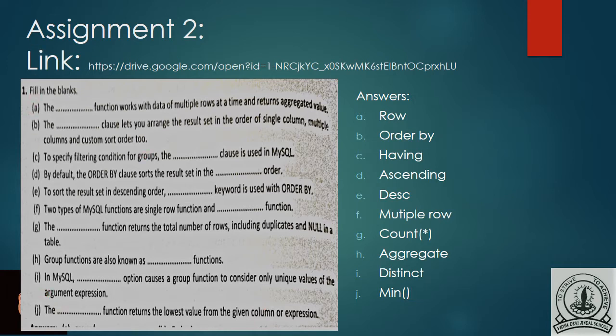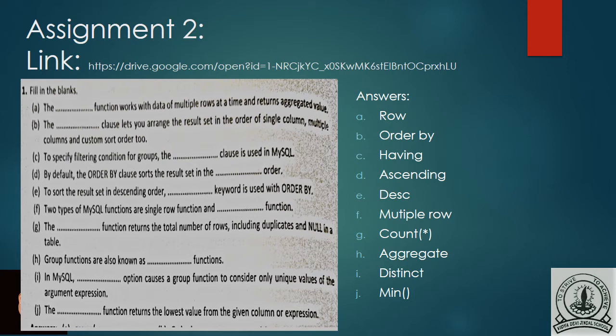G, the dash function returns the total number of rows including duplicates and null in a table. It is count asterisk. So it counts all the total number of rows, and if it contains duplicate values or null values, these values also get counted.